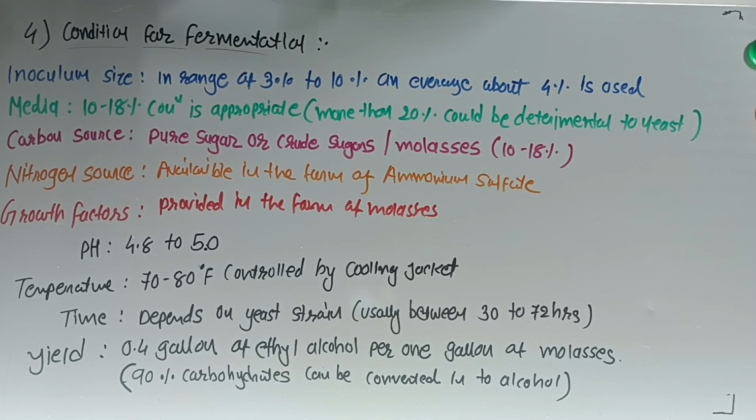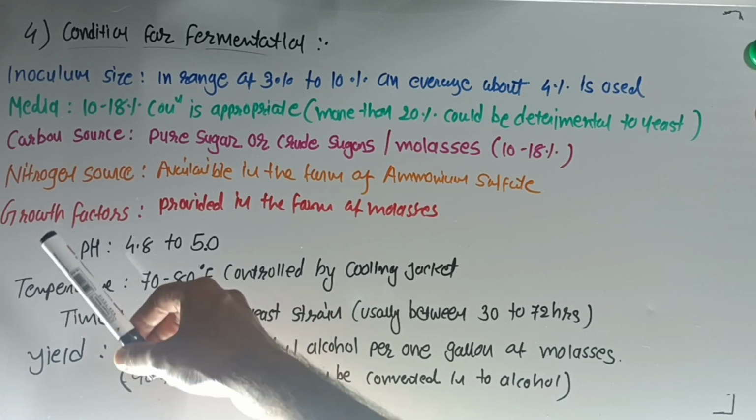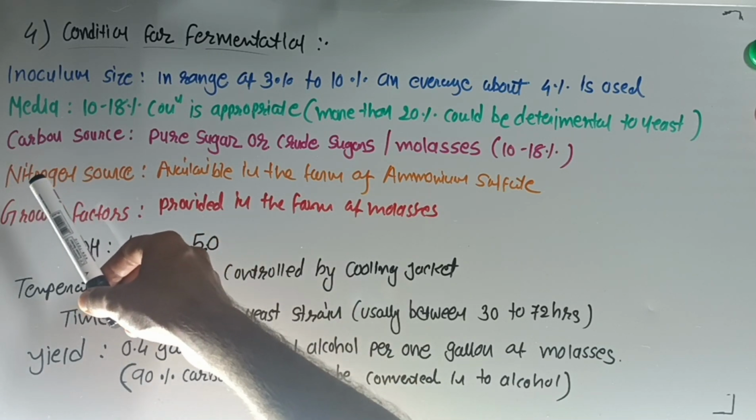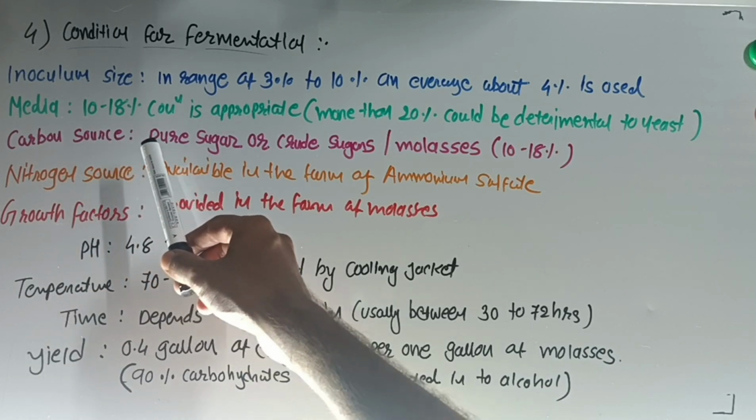Next, the conditions for the fermentation process. We discussed the fermentation media, the fermentation substrate, then the organism. Here all those ingredients are used in different modes, like the organism. The organism here is used as an inoculum. Inoculum means a perfect